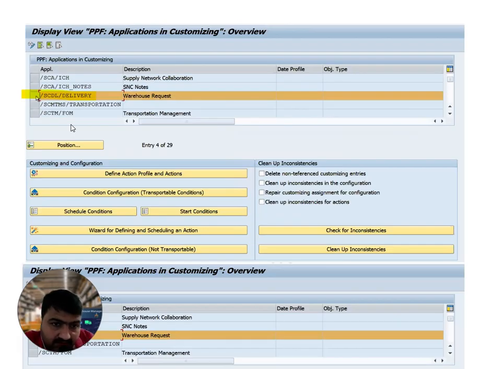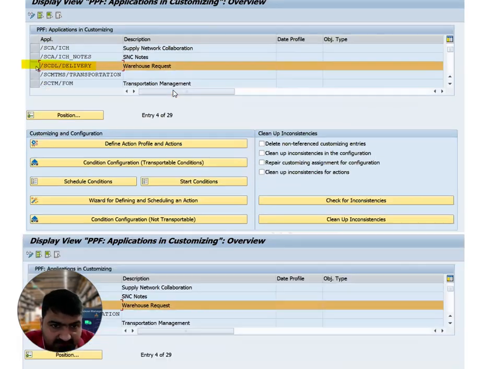So whenever we go to this transaction SPPFCADM, we select the application /SCDL/DELIVERY, the delivery warehouse request, because inbound delivery, warehouse order and warehouse task come under the warehouse request. So we are going to process inbound delivery or outbound delivery. That's why I selected this application.